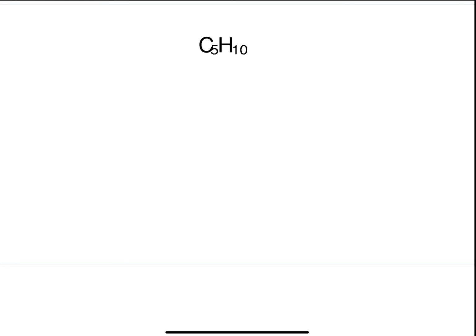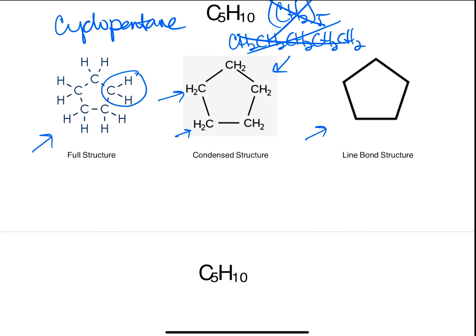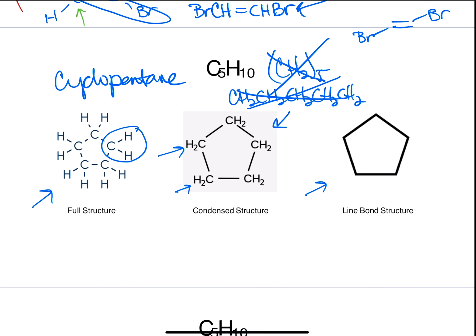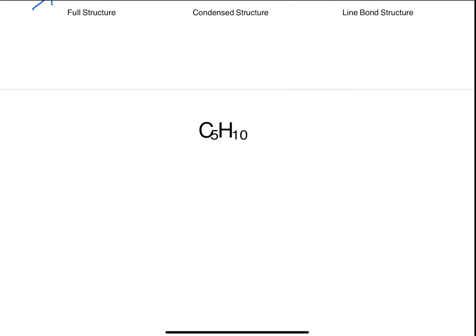Folks, let's talk about another isomer of C5H10. We did cyclopentane in the previous video, and we're going to go ahead and do 2-pentene to start this video. So let me write that out here, 2-pentene. Now, what you'll want to do with this at first is just get a basic structure onto